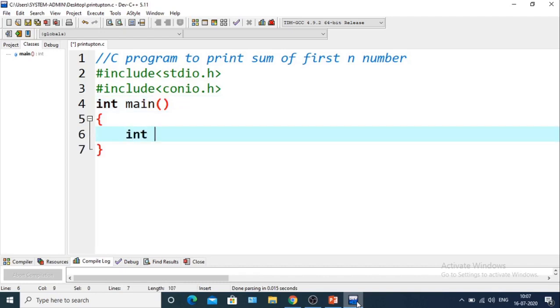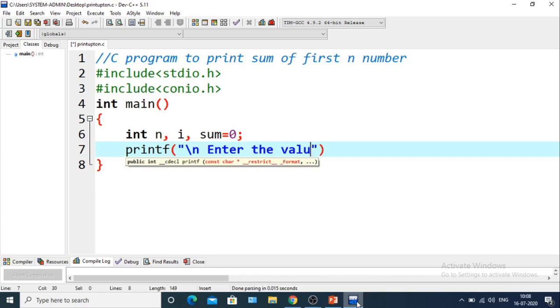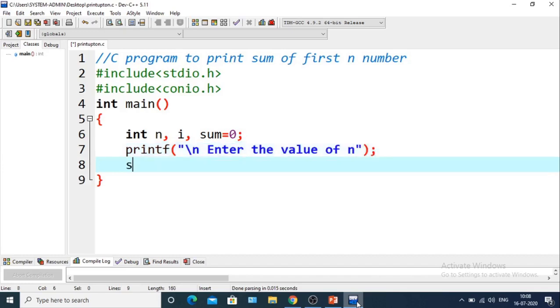We will take the variables n, i and sum. We have to initialize the value of sum as 0. Next, printf("\nEnter the value of n"); then scanf("%d", &n);